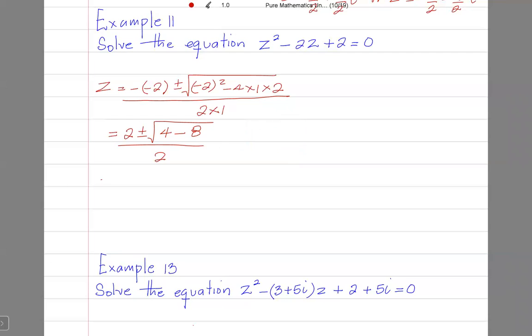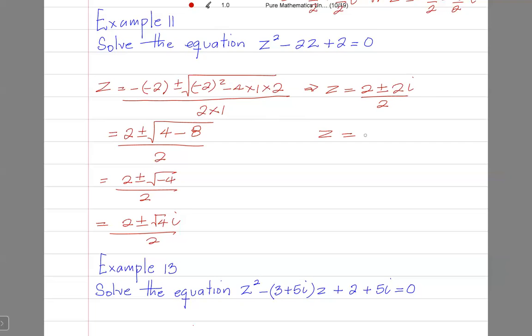So what we end up with is 2 plus or minus the square root of minus 4, all over 2. This is 2 plus or minus root 4i, all over 2. So therefore, z would be equal to 2 plus or minus 2i over 2. So z would be equal to 1 plus i,